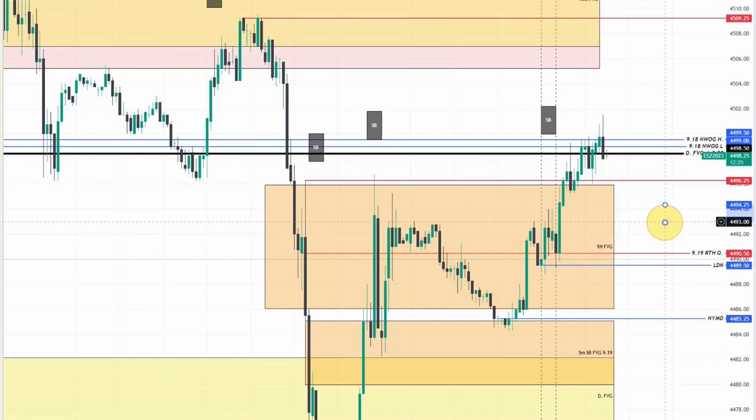So that's the strategy. These are the charts and the levels, and I'm going to just watch here what we do at the 4,500 level and how far we dig back into the RTH level for the prior day, the London, and then the New York Midnight Open. So those are the zones between now and the RTH AM session of the FOMC day.